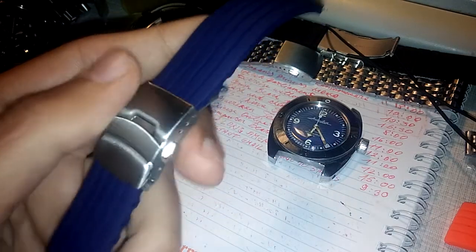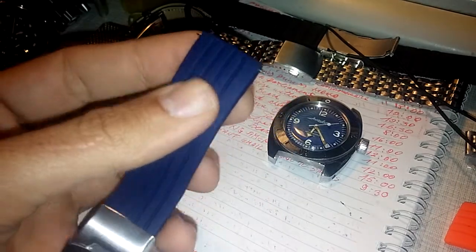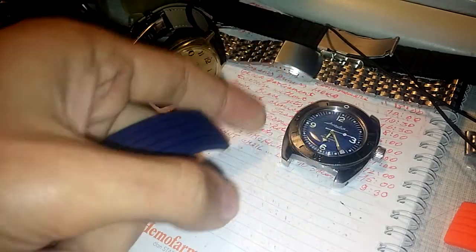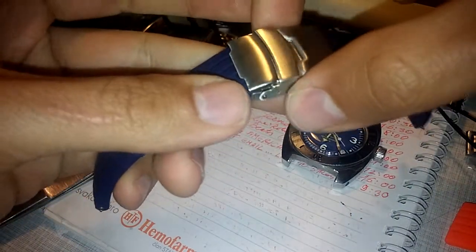Guys, today I will be showing you how to size this rubber strap for my watch. I chose this one because the navy blue kind of matches this bluish color on the dial. So first of all, we have to of course open the clasp,